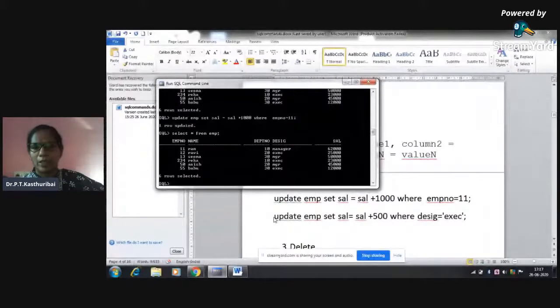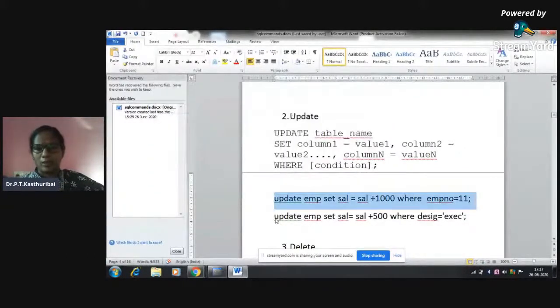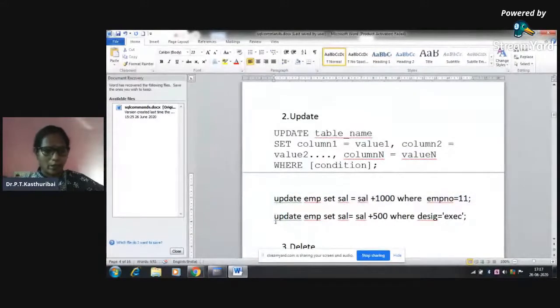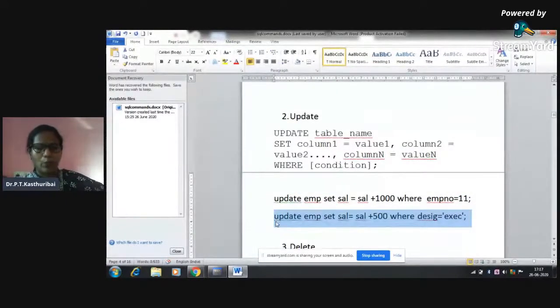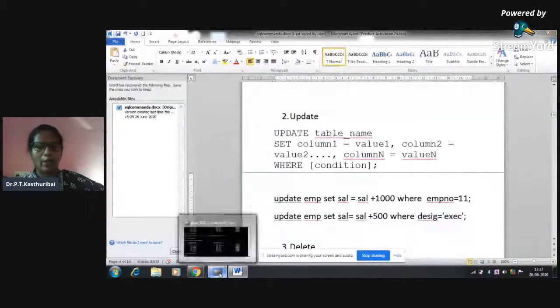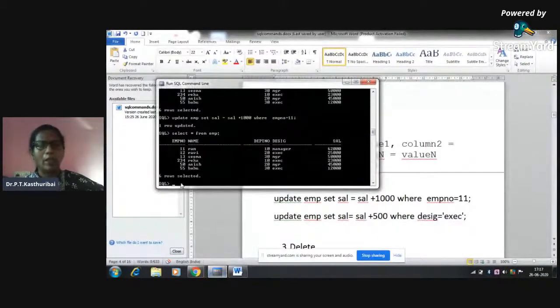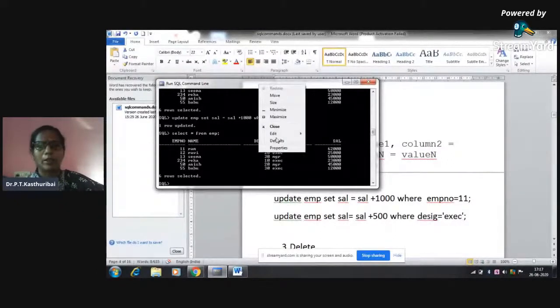Update EMP, set salary equal to salary plus 500, where designation equal to executive. In this particular case, the persons whose designation is executive will all be given an increment of 500. Say, Ravi as well as Rekha will get a 500 rupees increment.